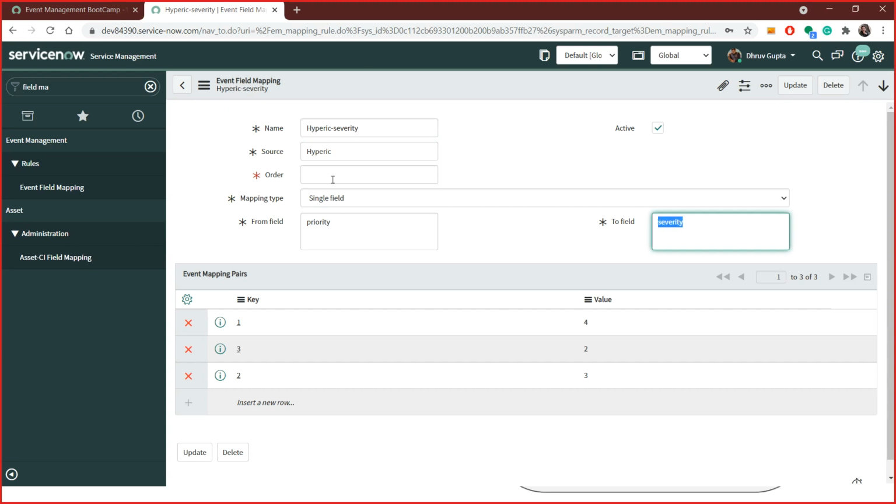So basically that tool might want to send, they don't have a severity field, but they consider severity through the name of priority. So you get the events that have priority as a variable, and if priority is 1, it means our severity is 4. So whenever we get a priority of 1, it will create an alert with a severity of 4. Okay, so these kinds of things are applied at the event level.